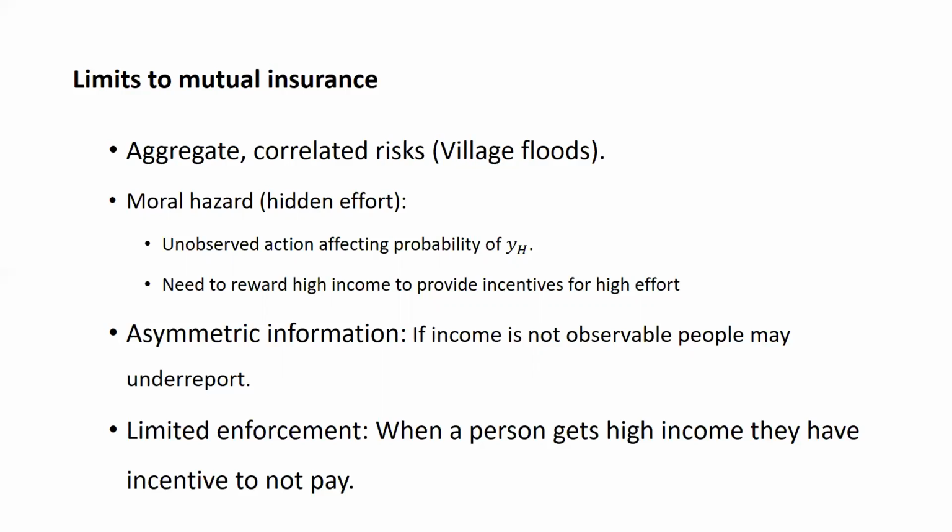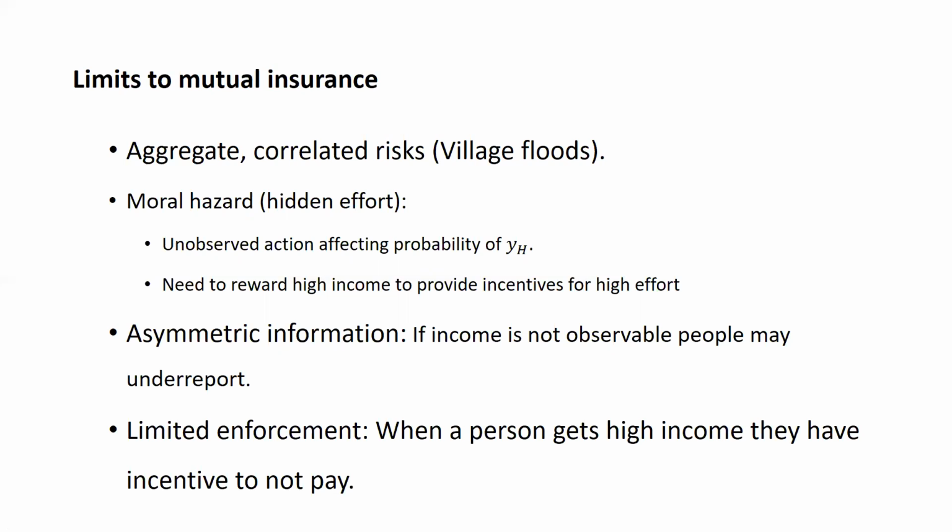Essentially, the first one is that it creates a kind of perverse incentive, as any form of insurance does. On the one hand, it creates what we call moral hazard, which is the idea that if there is some form of effort that you can put towards your crop that increases the probability of your crop being successful, if all of a sudden your income is going to be 5 no matter whether you get an income of 8 or 2, it gives you an incentive not to work as hard on your crop. And if other people in the village can observe your effort, then that's not necessarily a problem. But if this is a hidden action that nobody else can monitor, then people will not have an incentive to work as hard, and so the probability of getting high yield crops goes down.